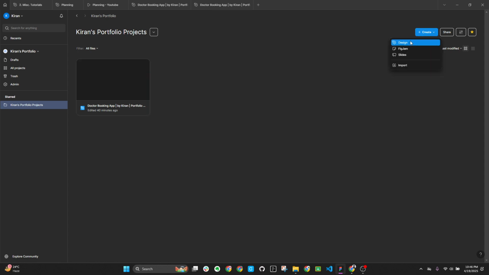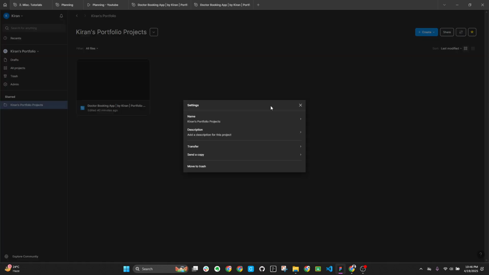You can create another design file or picture file or even slides. So feel free to create and experiment. But for now, I will be focusing on the files that we request you to add in Create. So this is the first file. And before I work on that, in this project, I want to share it with the